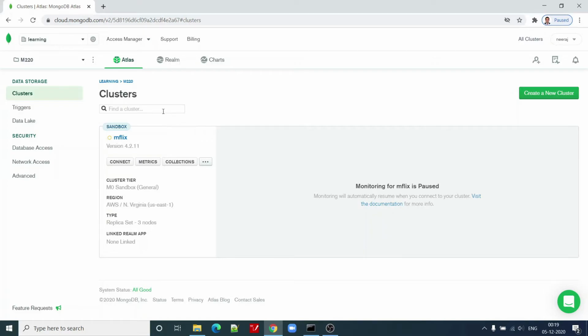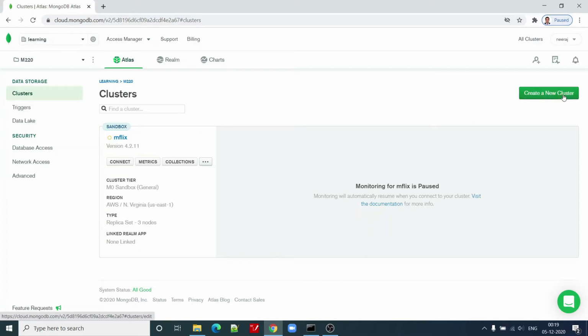You can see that right now there is one sandbox cluster, which is a very minimal configuration, M0. Here the region is AWS North Virginia. The type is replica set with 3 nodes and it is free of cost. There are no charges for this particular cluster.